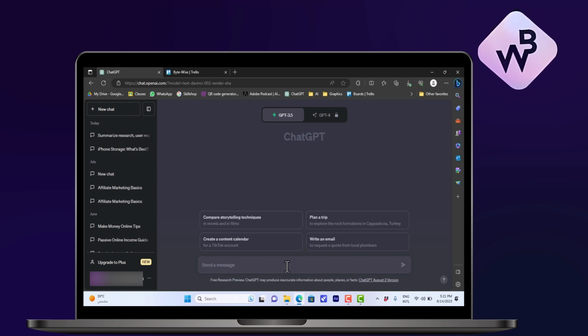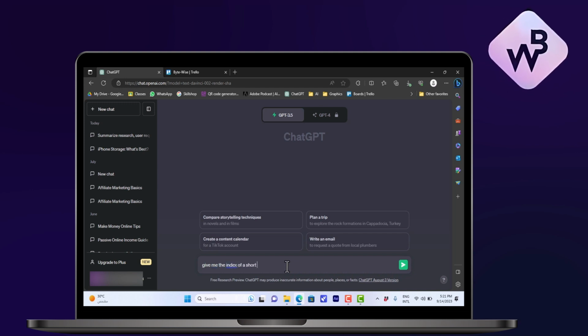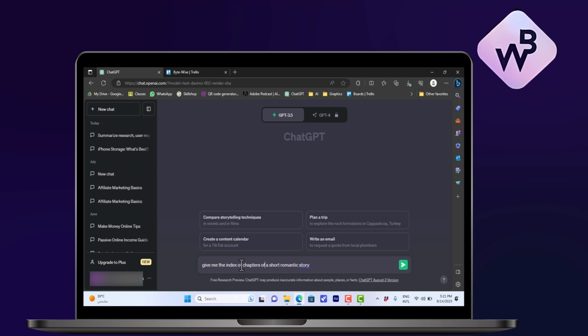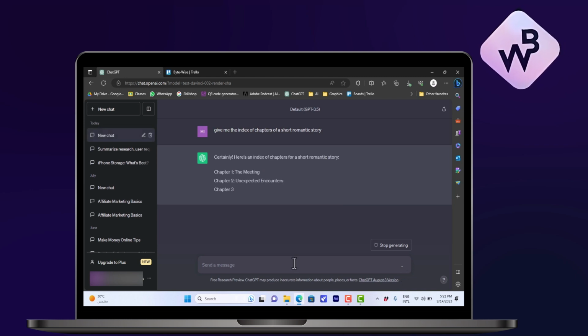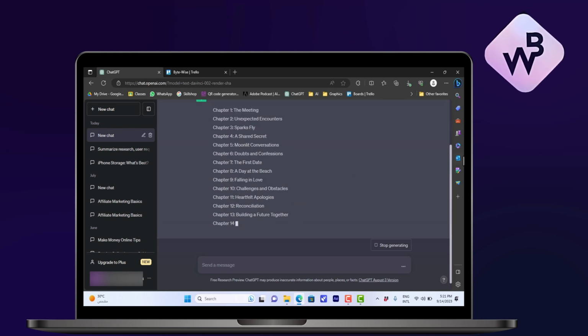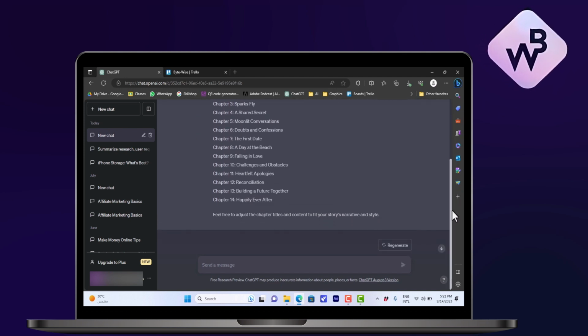So let's say, give me the index of chapters of a short romantic story, and then hit enter or click search, and ChatGPT will generate many chapter names for the story,